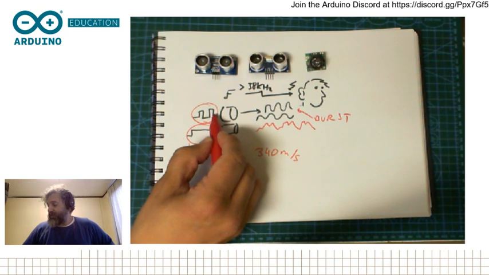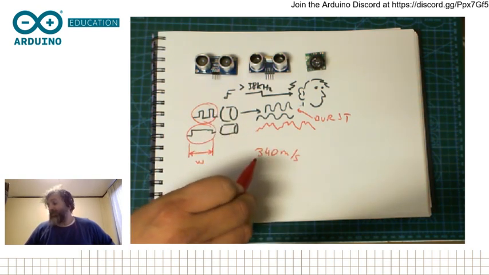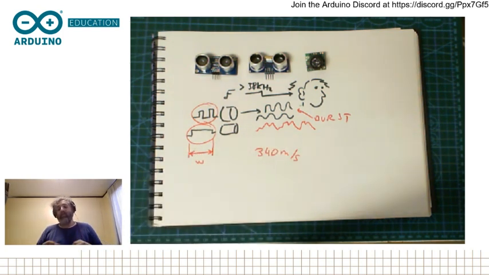From the moment we send this until the moment we get the echo, some time will pass, and that time that passes is translated into a pulse of a certain width. So this is the way we measure how long it takes for a signal to fly. That is translated into the pulse, and the pulse is basically telling us the distance to an object. If you know the time, we multiply by the speed.